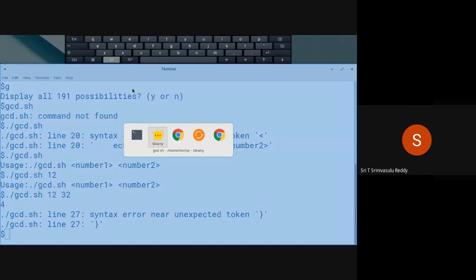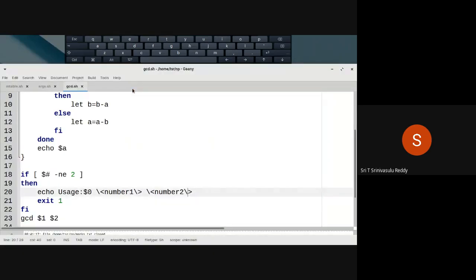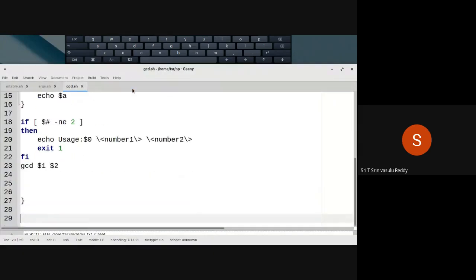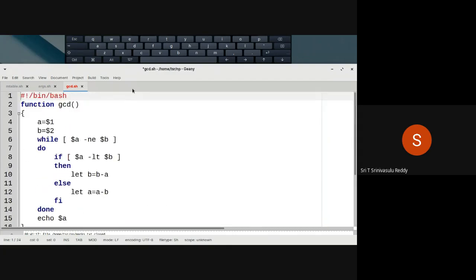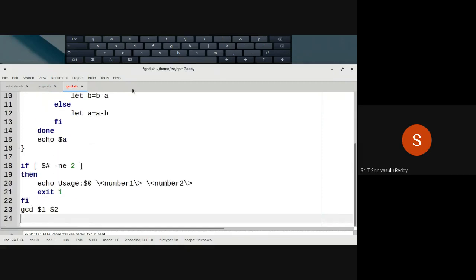So let us see what the problem is in line 27. Oh, so this is not required here. It is a copy-paste problem. This is the last statement actually. So this entire thing is okay, and ultimately GCD followed by $1 and $2. If you want, you can also print the GCD of that. The best possible way is actually